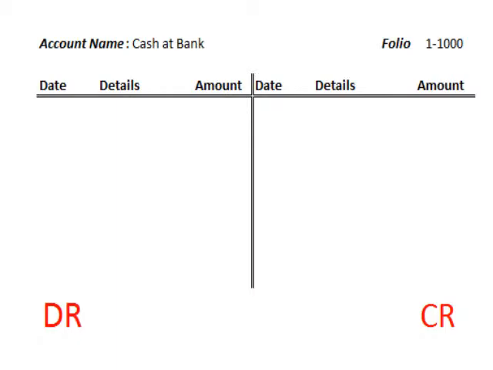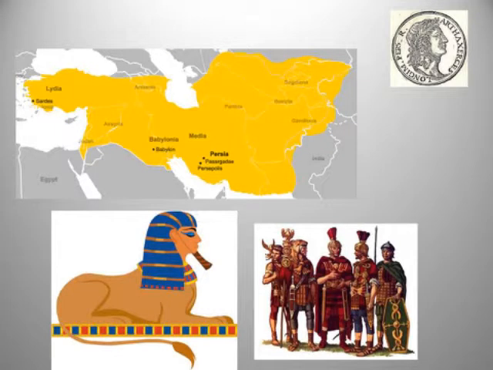Traditionally, you would start a discussion of debits and credits with something like a ledger account that we can see on the screen currently. Now, I am not going to do that. We are going to start instead with the history of accounting, because it is the history where these terms actually originated from.